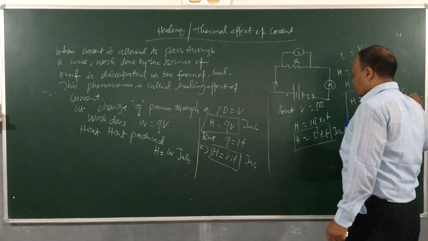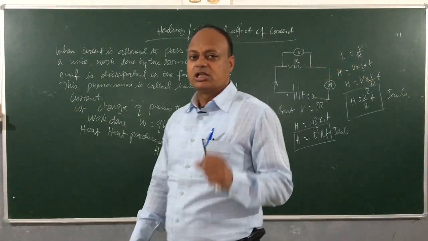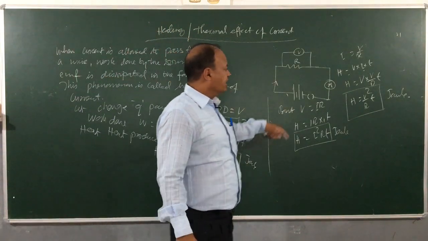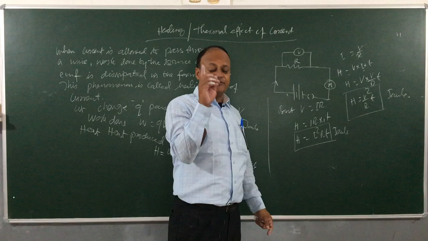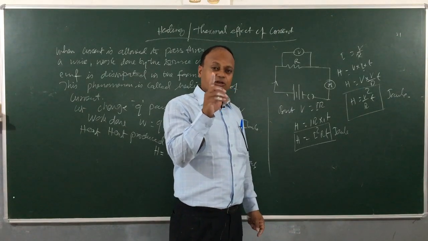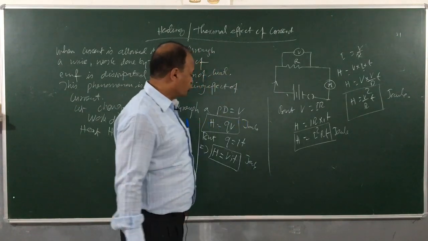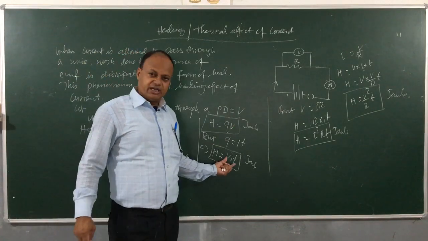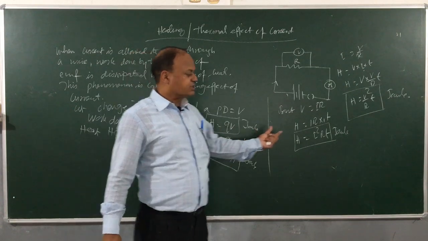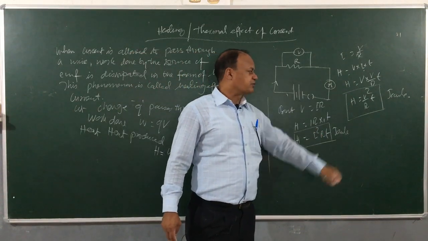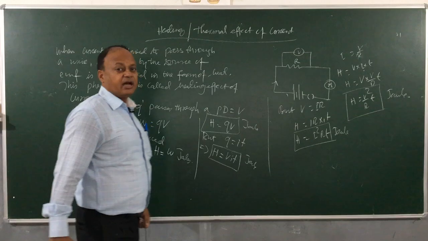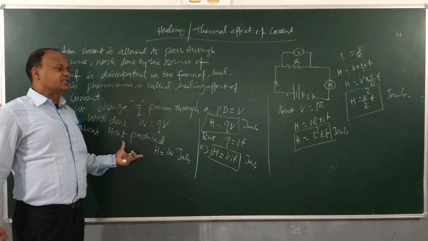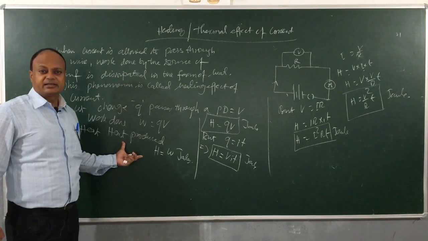So, children, for calculating heat produced in joules, we got 4 equations. And remember, each one of these equations in joules gives us the work which will be done by the battery. Be very sure about this. W will be same as H joules. So, we have QV, VIT, I square RT and V square T by R. Any of these 4 equations we can easily use. So, heat dissipated is basically the work done by the battery.